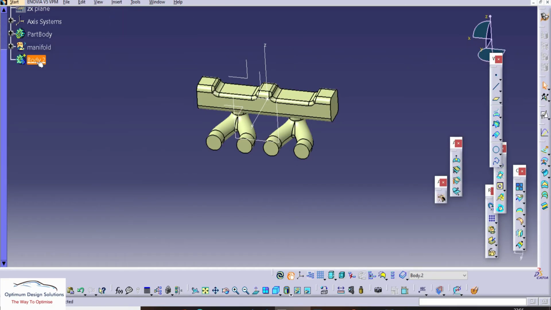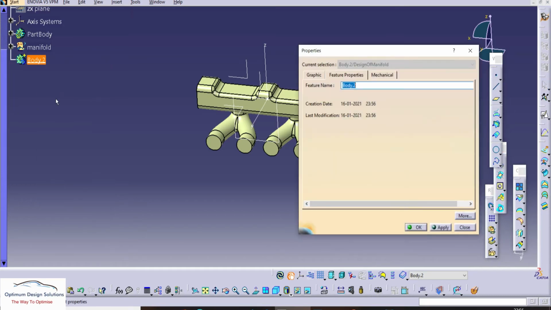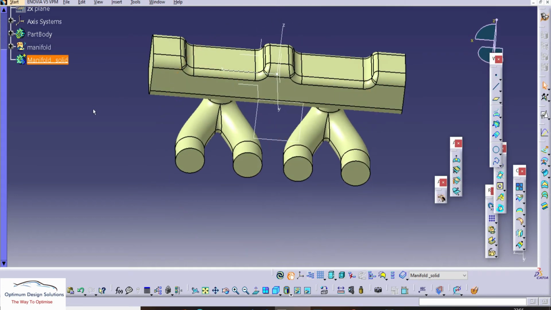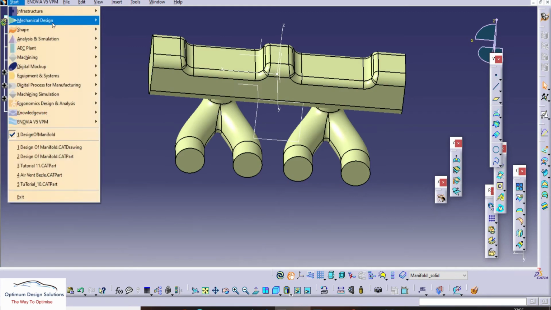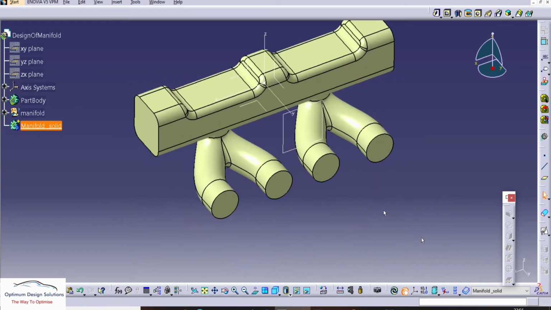Now we'll insert a different body which has the name manifold again, but solid manifold. Okay, it's so easy. The first one has the surfaces, and now we are in the part design to make some solid designing, the remaining portion like the flanges.